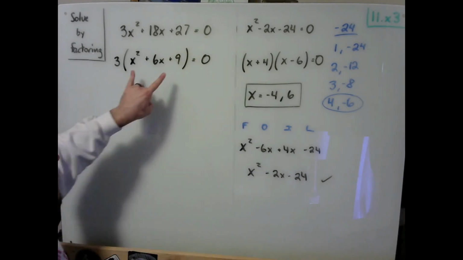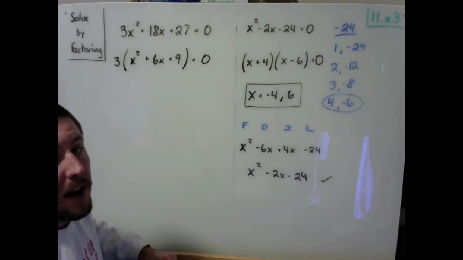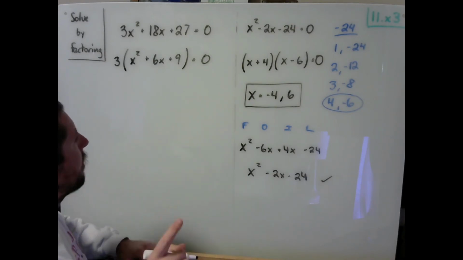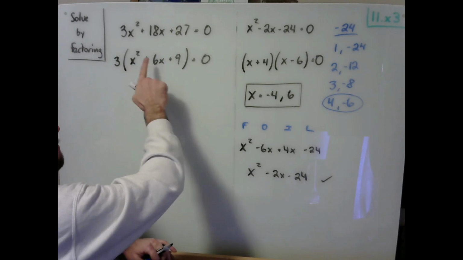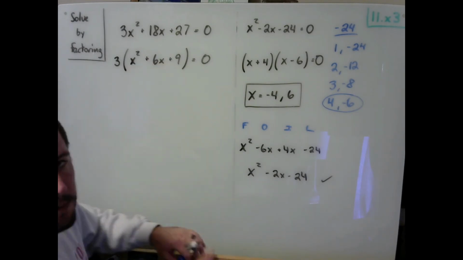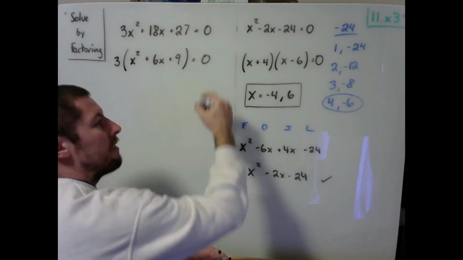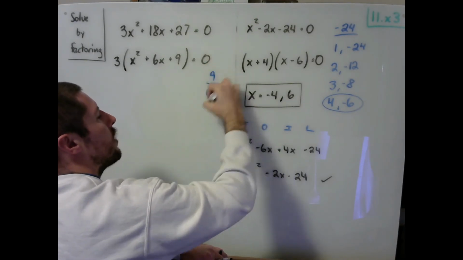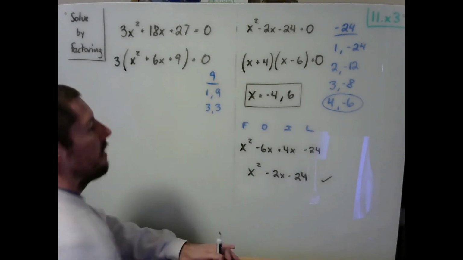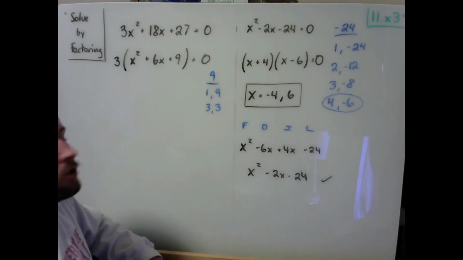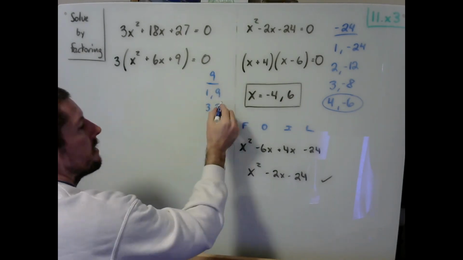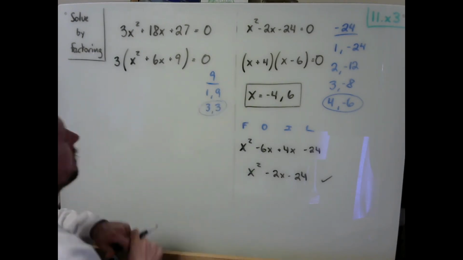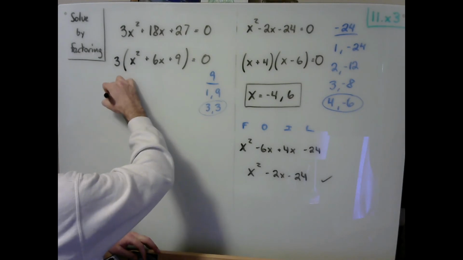Now, what I have remaining in here is a quadratic that I think I do know how to factor. Before I make my product pair list, I'm going to identify positive, positive, positive. If everything's positive in your standard form quadratic, everything's going to be positive in your factored form as well. If I'm going to make 9, my two choices are 1 and 9 and 3 and 3. I am looking to choose the pair that adds to 6, and so I'm going to choose 3 and 3. And so it looks to me like this quadratic should factor as